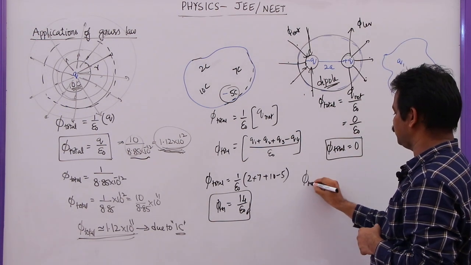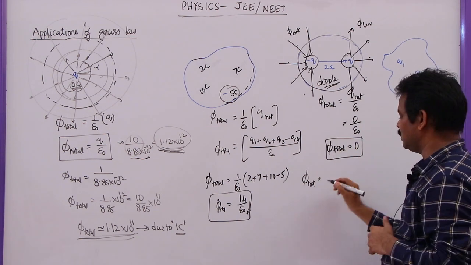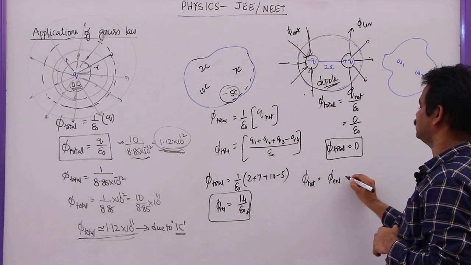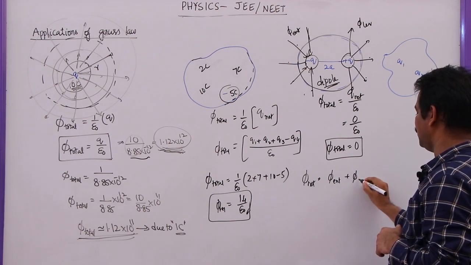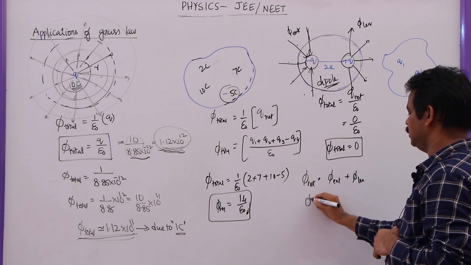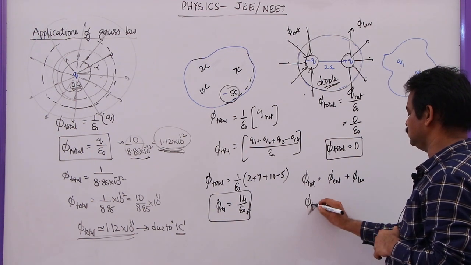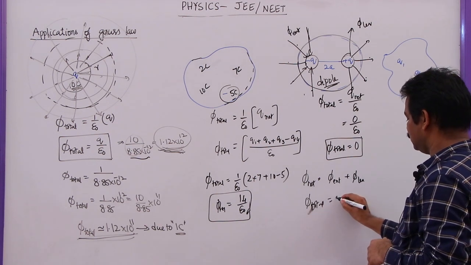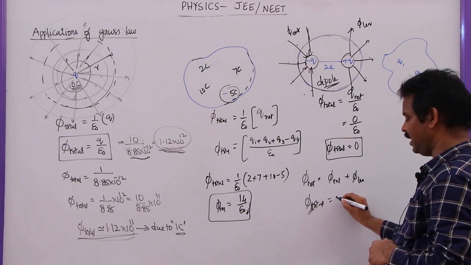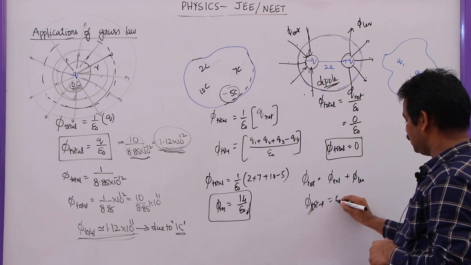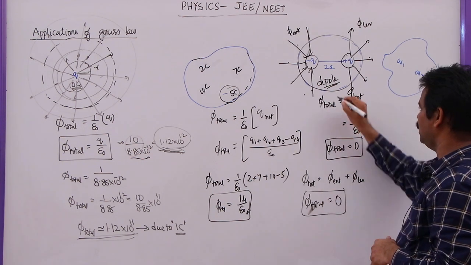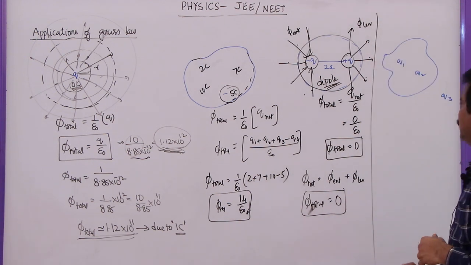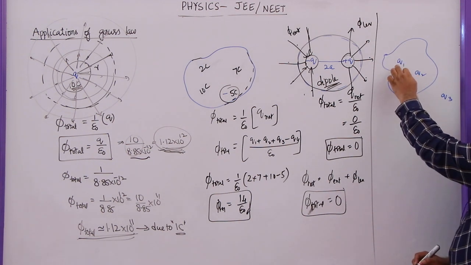So what is the net flux? Without using Gauss law also, what can we write? Total number of field lines entering into the closed Gaussian surface plus total number of field lines leaving the closed Gaussian surface. So total net flux is given by, let us say minus x, this will be plus x, and total flux will become 0 due to a dipole.